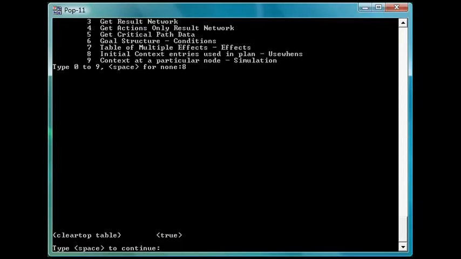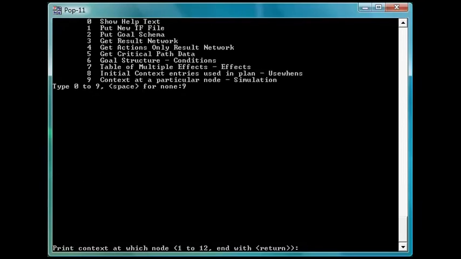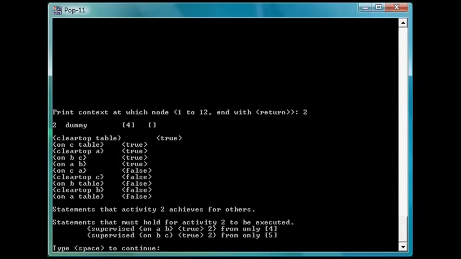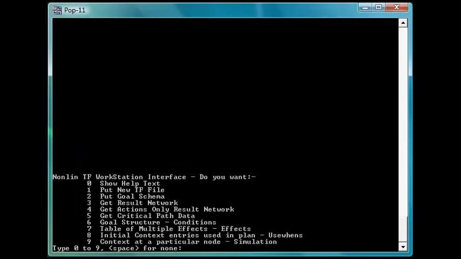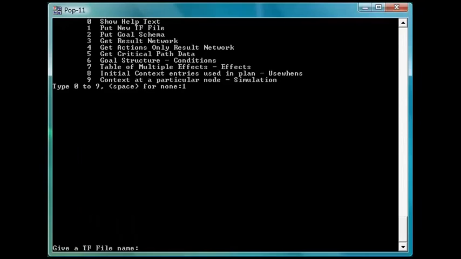And we can do a simulation of what the state looks like at any point in the plan. In this case we'll just look at it at the end node. So this is the state at the end of the plan having been executed. We'll load a new domain now. In this case it's going to be a house building task with some critical path method data in it, some